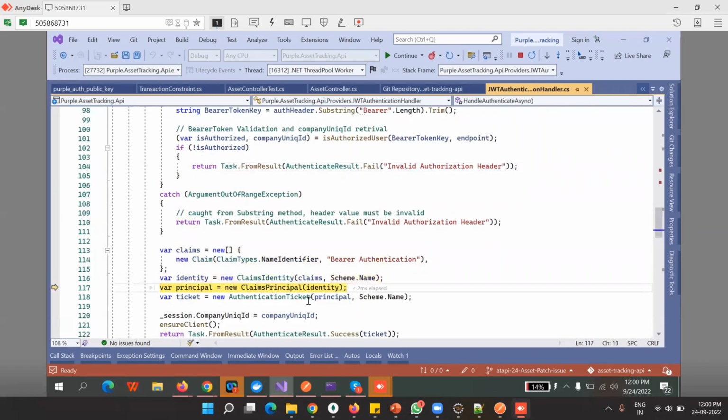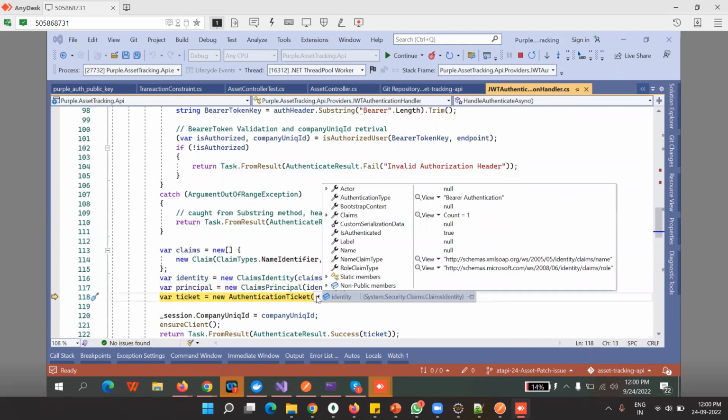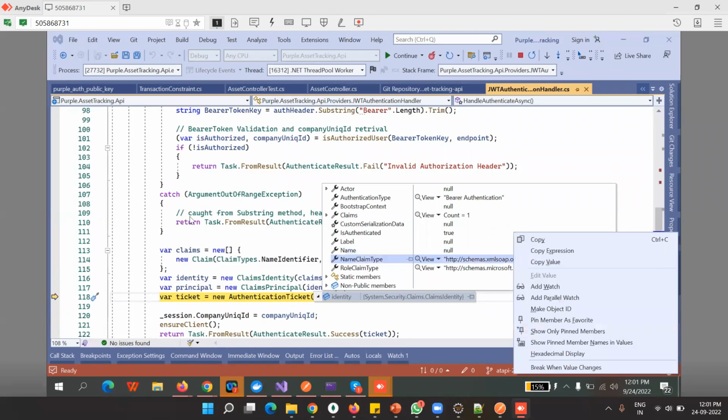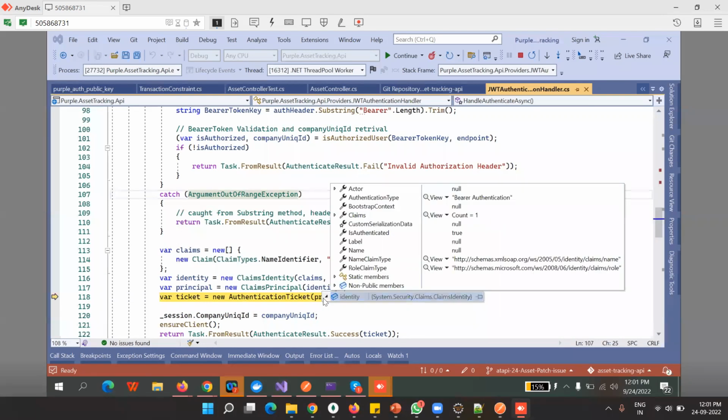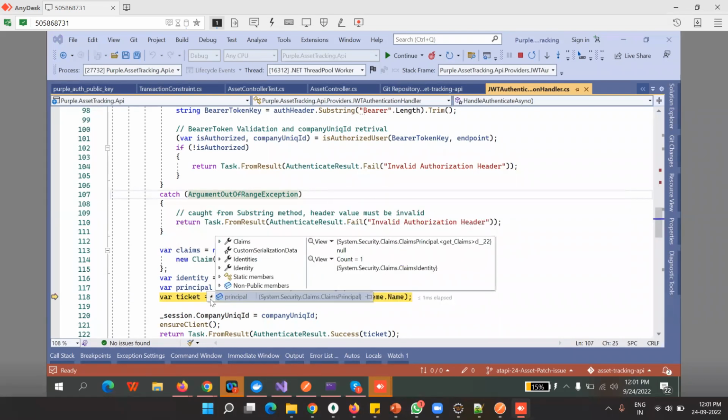Okay, the principal, I'm saying, has the complete identity and the ticket authentication part. Within the principal, we have a token type, what type of token we have given, and the claims. Basically, the claim is the custom values we're going to keep. So I'm going to keep a name over here. The name consists of the value, which company ID I have fetched from up. So that has to be in. And the principal